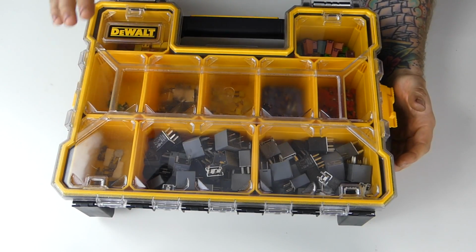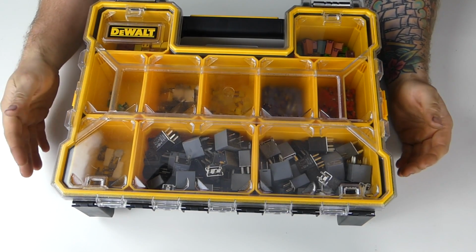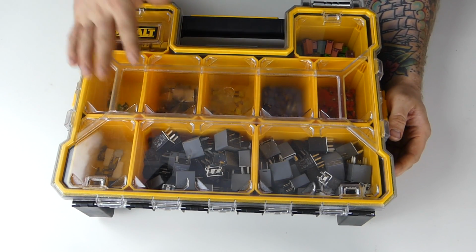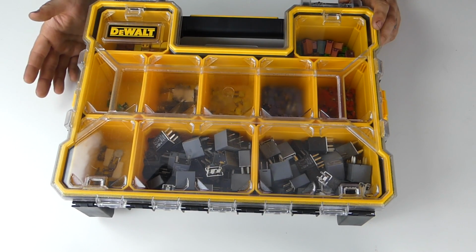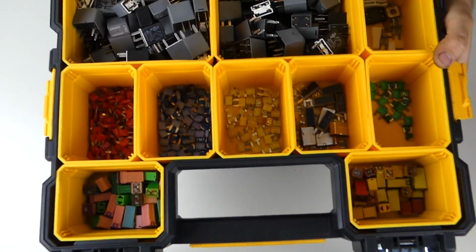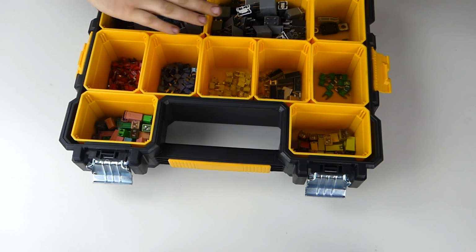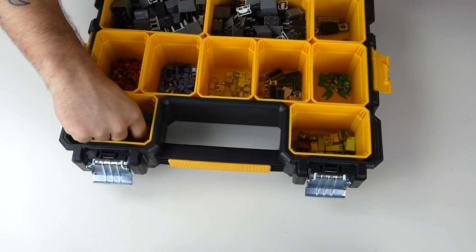Alright, just to begin with, the bigger case, I'm basically using it just to hold all my fuses and relays. I do a lot of electrical work, which ends up leading sometimes to a fuse block replacement or something like that. So I have ended up with a lot of fuses and relays from old fuse boxes and stuff like that. So you can see here, I got a pretty good amount of fuses and relays in here, and it makes it to where you can really organize it nicely. So I have all my relays up here, 10 amp fuses, 15, 20, you get the idea. Different